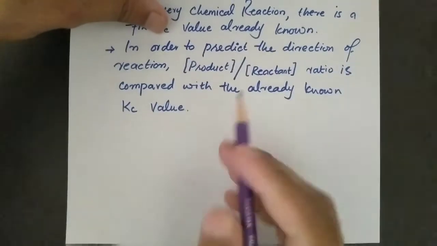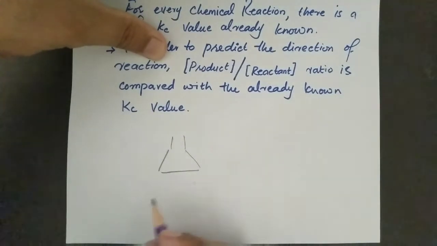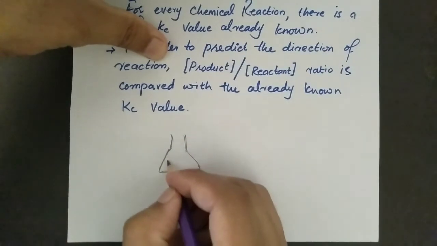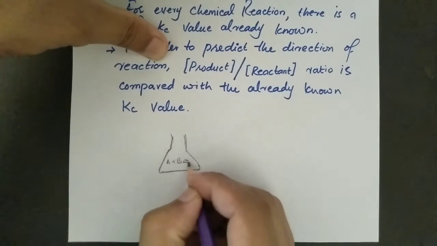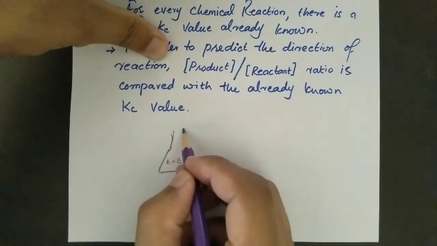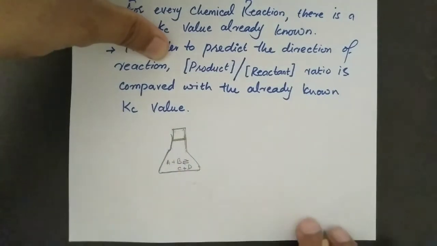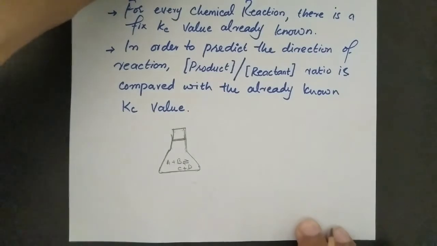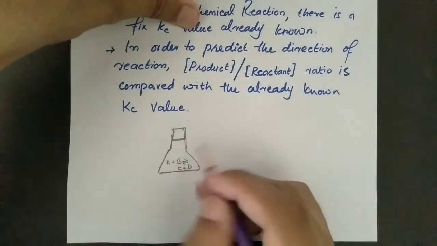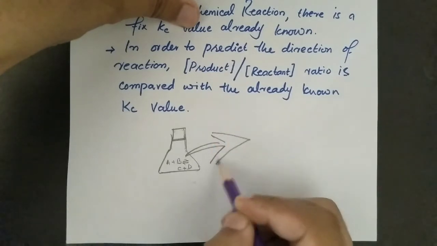You have taken some sample in equilibrium in a flask. The reactants and the products are in action. Now we don't know whether the reaction has gone to completion or not. By completion I mean whether the equilibrium is established or not. So in order to find out whether the equilibrium is established or not, I am going to withdraw a sample from it.